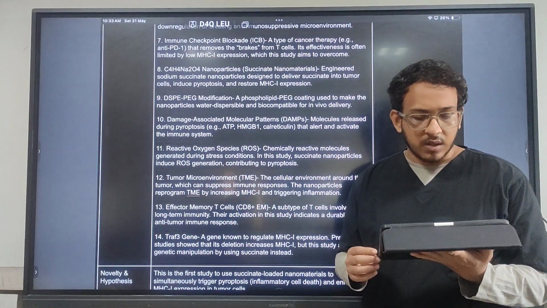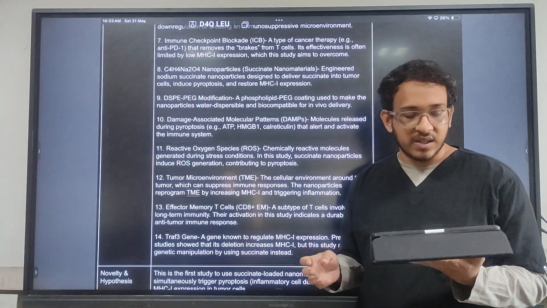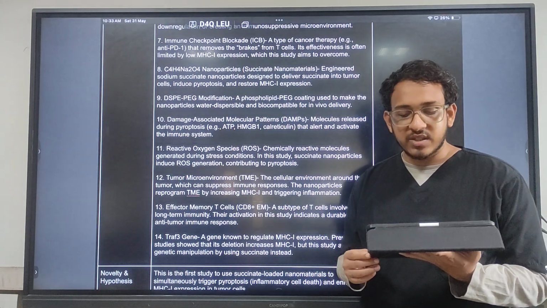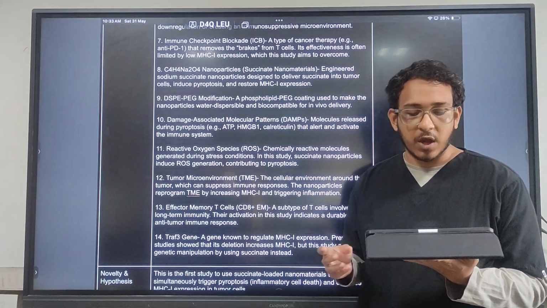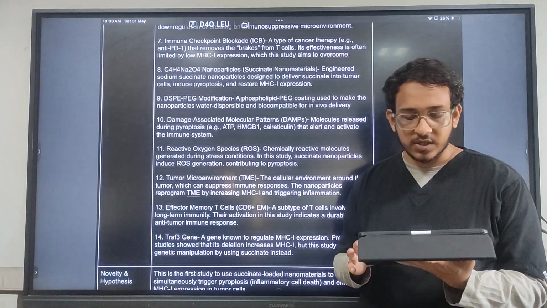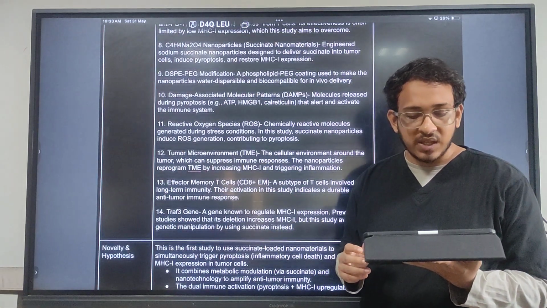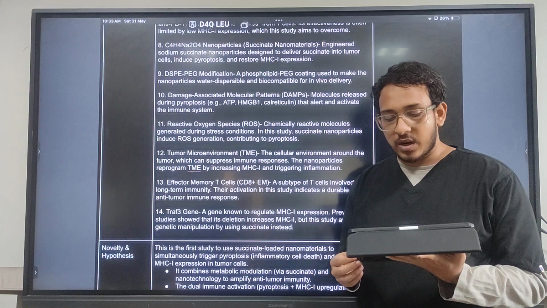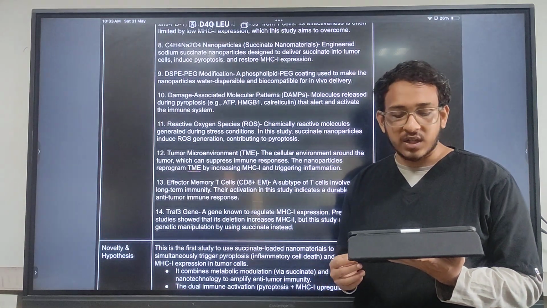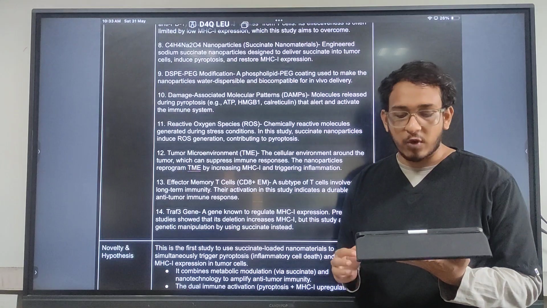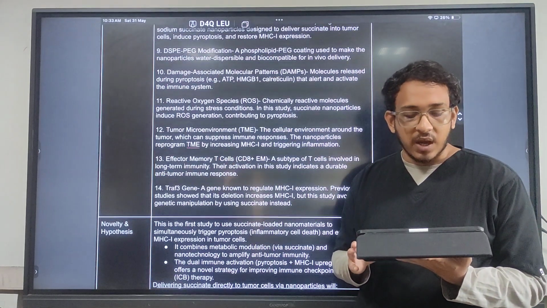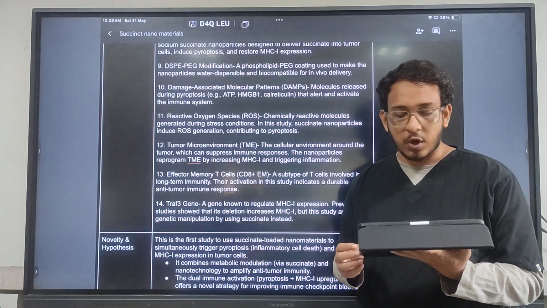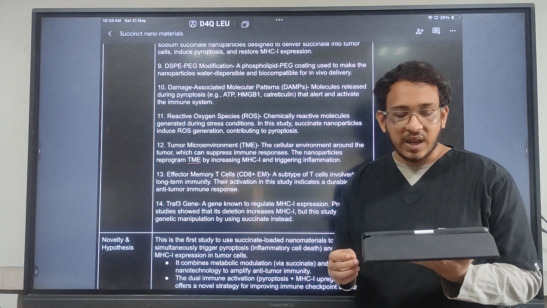The succinate nanoparticles are engineered sodium succinate nanoparticles designed to deliver succinate into tumor cells, inducing pyroptosis and restoring MHC1 expression. The DSPE-PEG modification is a phospholipid PEG coating used to make the nanoparticles water dispersible and biocompatible for in vivo delivery. Damage associated molecular patterns are molecules released during pyroptosis, like ATP,